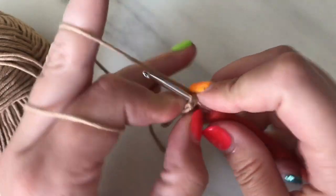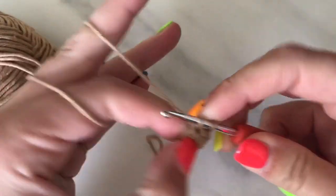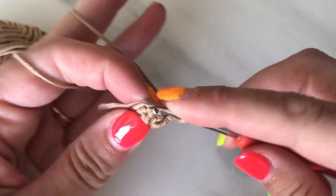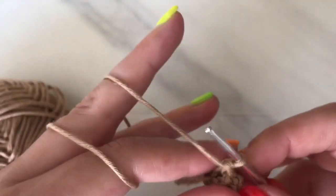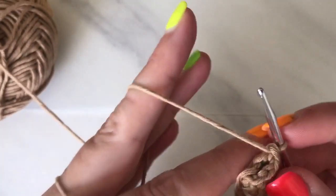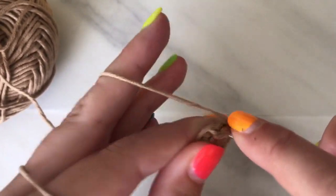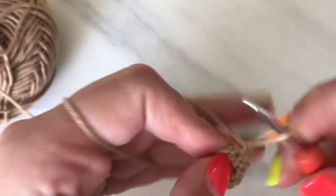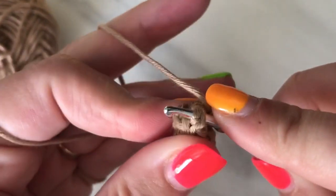So I've done 6, so I've got to do 7. Okay, I've gone ahead a bit, so feel free to pause if you're still not ready. I'm on my 16th stitch. 16, 17,